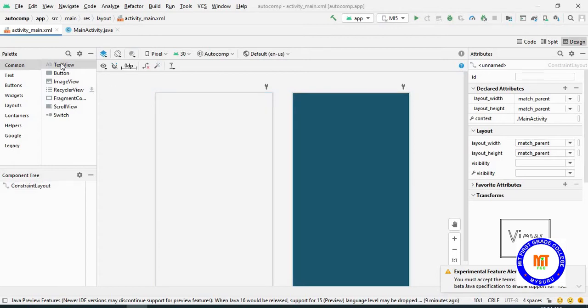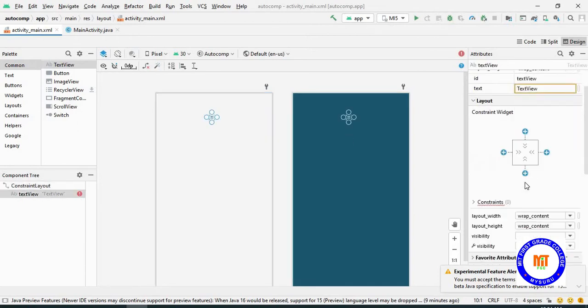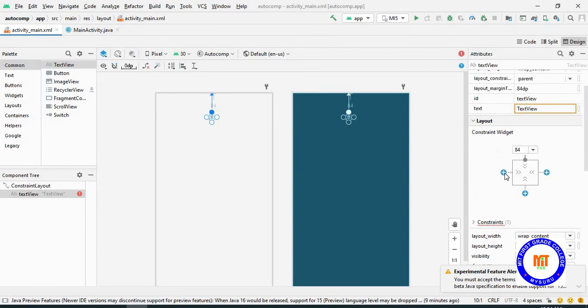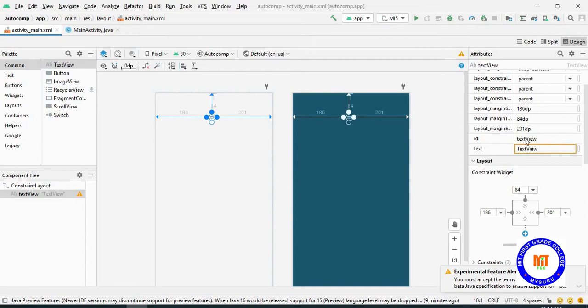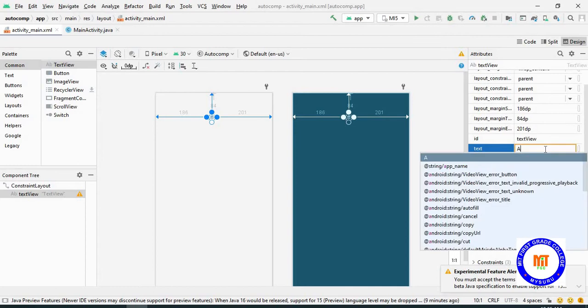For that, I'll be taking a text view. This is for the title. First we'll set the layout from the top, from the left, from the right, and I'll change the text. So I'll change it to autocomplete.